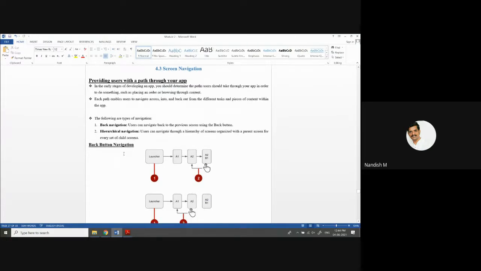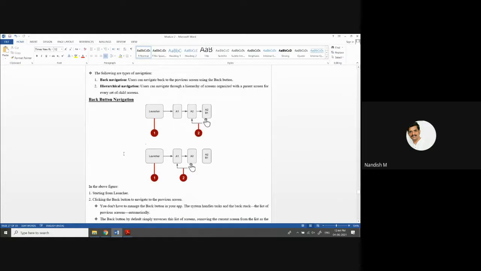In that way, you are going to navigate using this back button. And in the coding part, you need not see here. This one is starting from the launcher. This indicates you are going to move from this screen to this activity, and once again, activity A2 to activity A1. And also, whenever you want to move back, you need not write logic for that back button which is there in your mobile. That will be handled by the system with the help of the backstack.